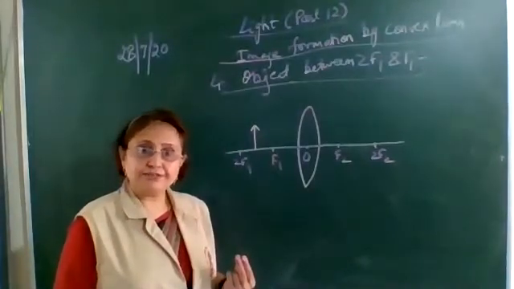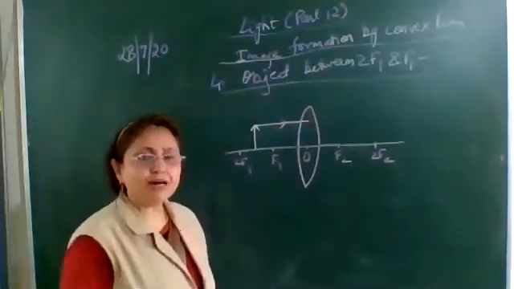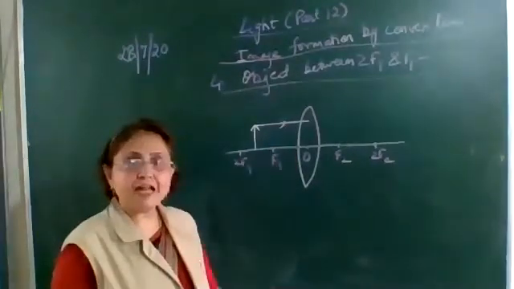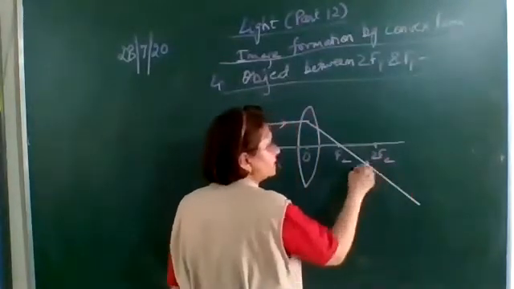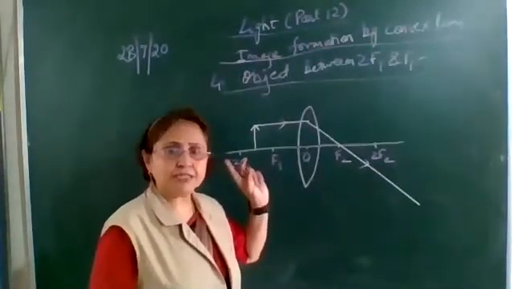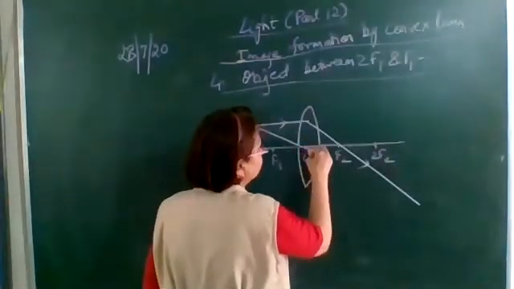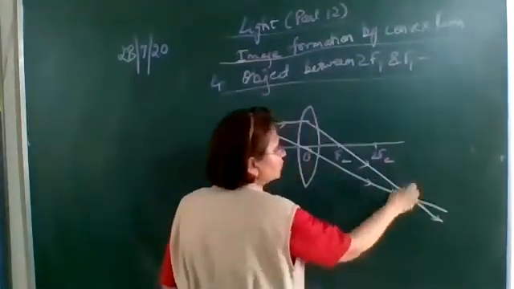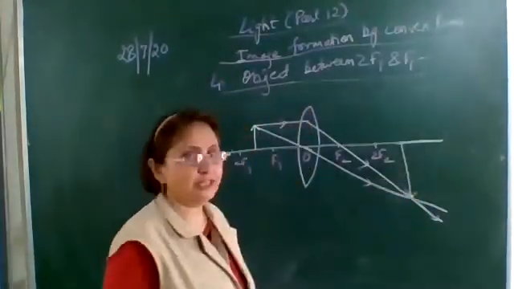Okay, again two incident rays here we will consider. The first incident ray. Okay, in every figure, one incident ray we are taking parallel to the principal axis. And the ray which is parallel to the principal axis will pass through focus on the other side, that is, it will pass through F2. The second ray, pass it to the optical center because it will go undeviated. So the second ray passes to the optical center and this ray of light goes straight without bending. So these are the two refracted rays which are meeting at this point. So the image will be formed here.